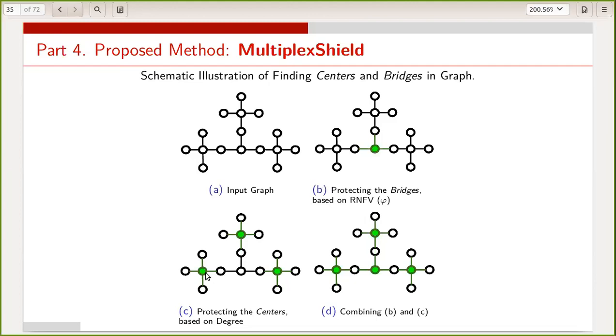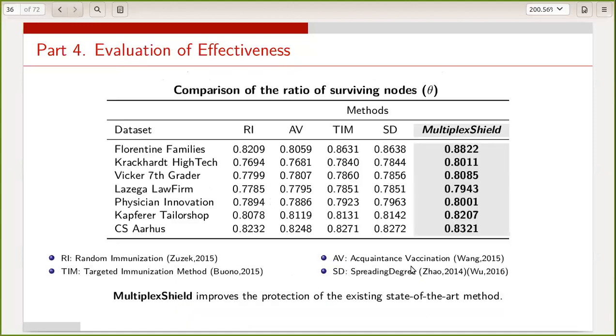And using the degree centrality, we can find the center of the nodes, I'm sorry, the center of the cluster. So by combining both of them, protecting the bridges and protecting the centers, we will protect the most important nodes here, not only the core cluster, but also the bridges as well. And yeah, again, compared to our competitors,